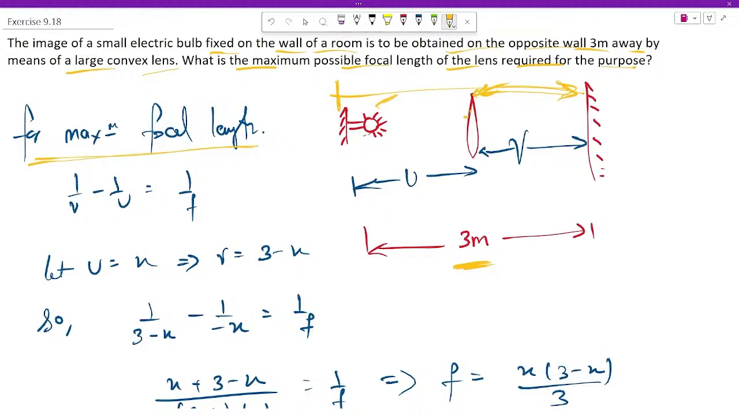Now we have assumed u to be the x variable, that is, the distance of the object, or the bulb, or the wall that is carrying the bulb, from the lens as u equals x. Now obviously the image distance will be 3 minus x, because the distance between those two walls is fixed. Now using the sign convention and the lens formula and substituting the values in this equation, we will see that